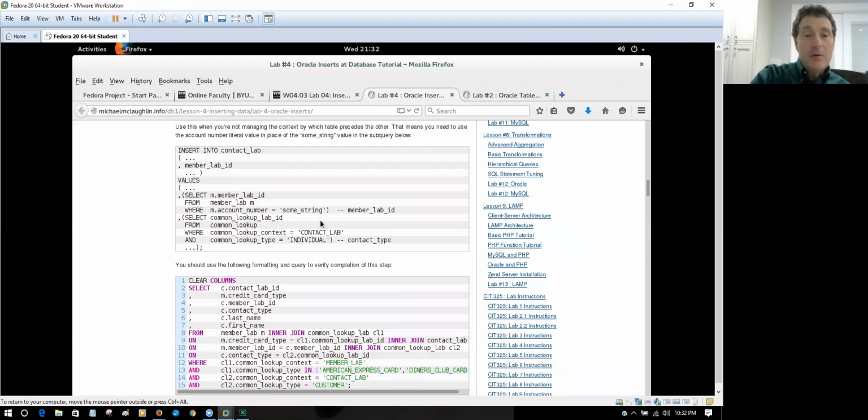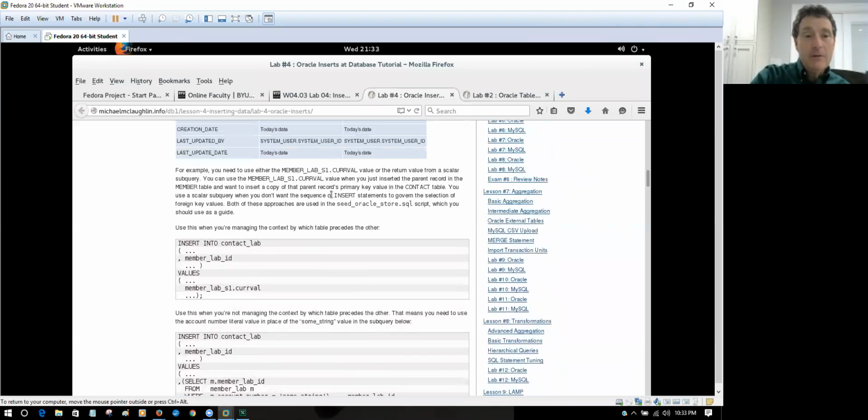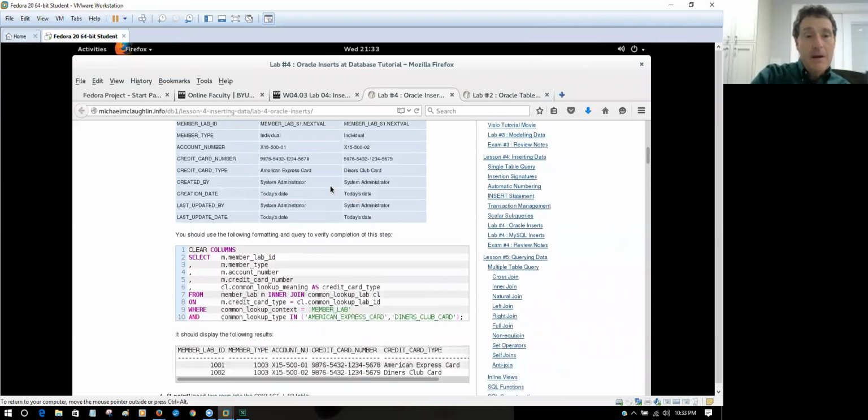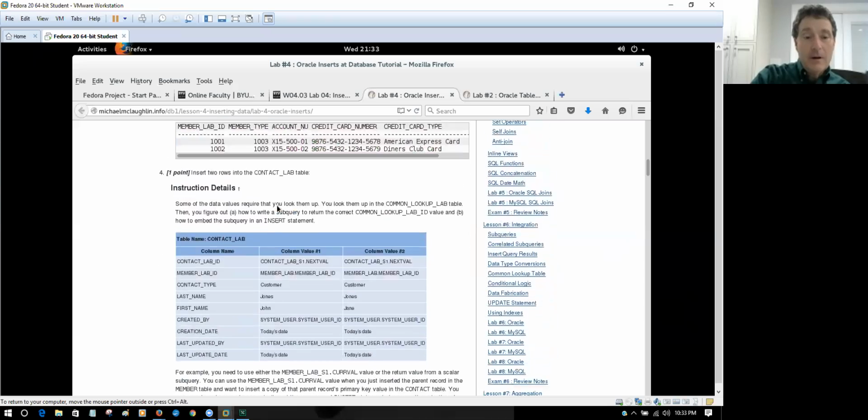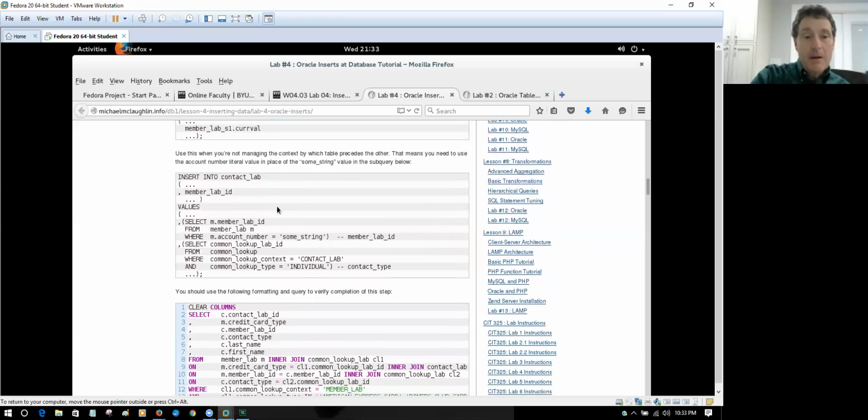So when you put that subselect into your contact lab insert, go up and look at the account number that you put into the member lab, X15-500-01. So in the first insert into the contact table, you want to have this account number equal that